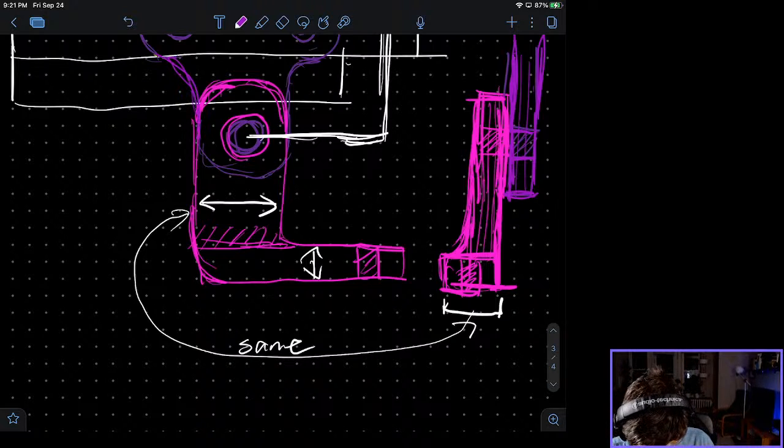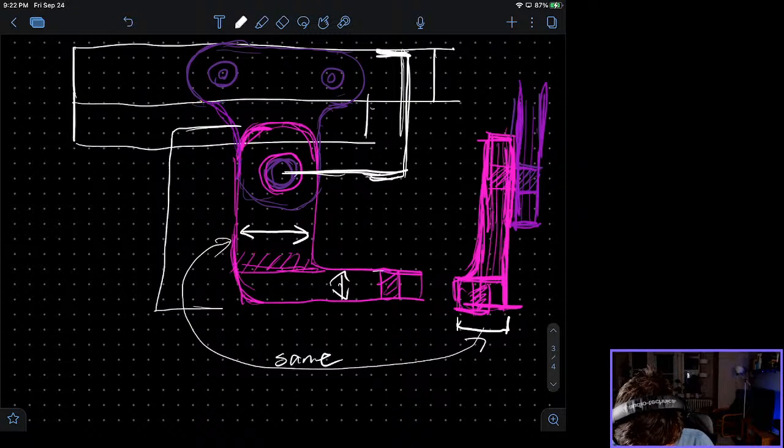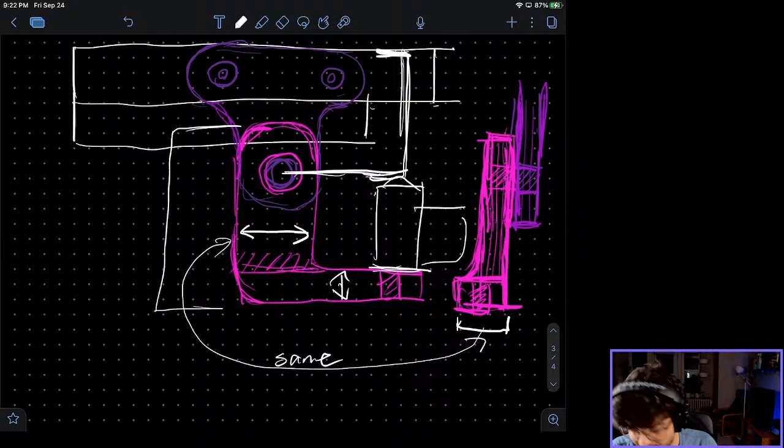And is there anything else that I need to know? Yeah, I guess I need to figure out this height. I need to figure out how tall this is, because I need to know where the camera needs to sit so it doesn't interfere with the top here. So let me go get a measuring tape, and we're going to figure this out a bit. So give me 2 seconds. I'll be right back.